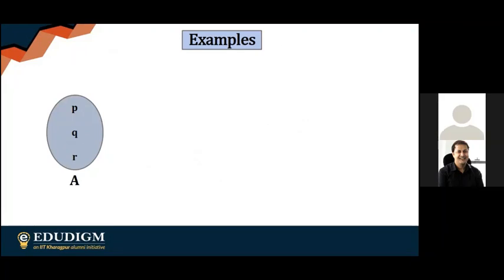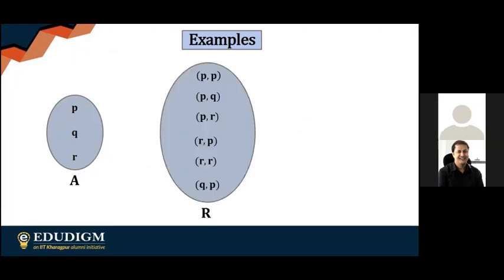So this is capital A having three elements P, Q, and R. And this is the relation that we have on A. Now these are the ordered pairs we have. So look at the ordered pairs now. For P comma P, obviously the inverse pair is P comma P, so we don't need to check. For P comma Q, we have Q comma P, so obviously it's present. Similarly, we check for P comma R. We have R comma P. And finally, R comma R is self-sufficient, so we don't need to check at all. So for each and every possible pair A comma B, the pair B comma A should also be in this particular relation.